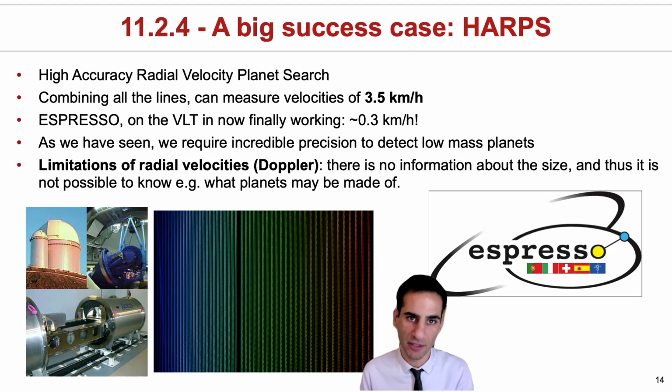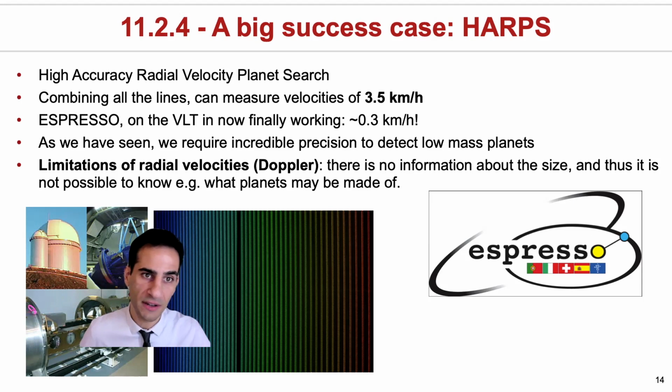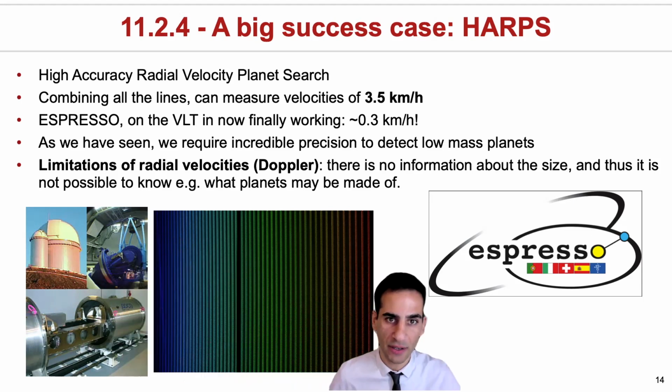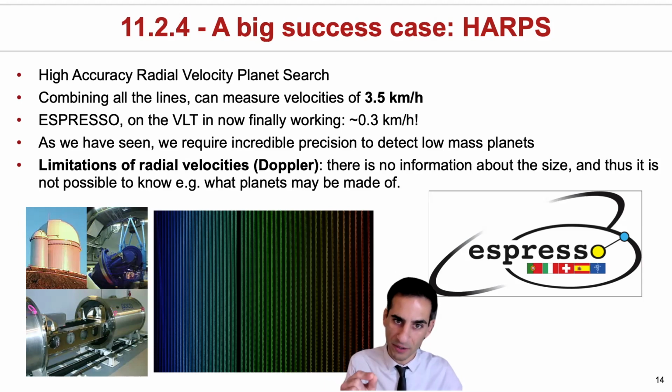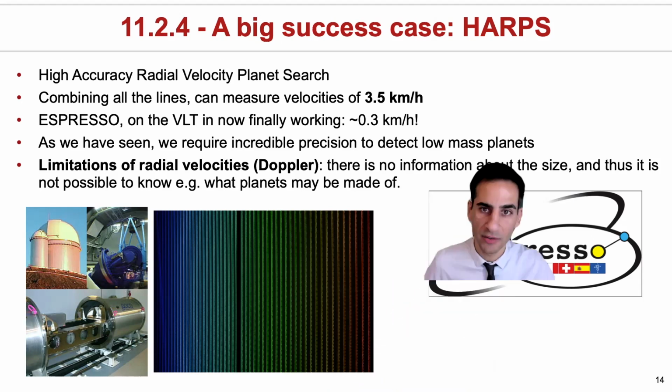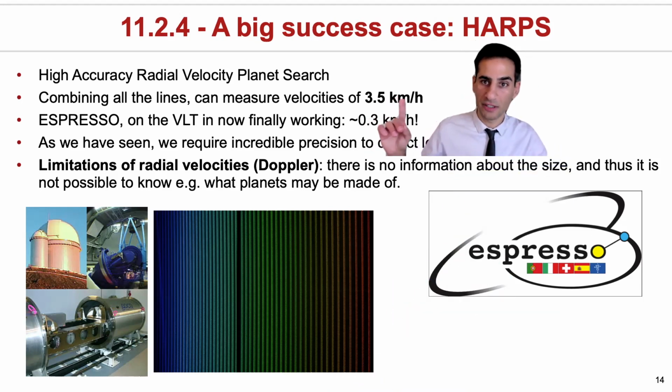Radial velocities are currently one of the most successful methods. The success was really boosted by an instrument called HARPS that sits on this telescope in La Silla, and that allows you essentially to track stars night after night, to take spectra of stars, measure their absorption features, and actually combine them all to get down to velocities of something like 3.5 kilometers an hour. That is an extraordinary precision. That's achieved because you are combining essentially all absorption lines in the spectrum of the star